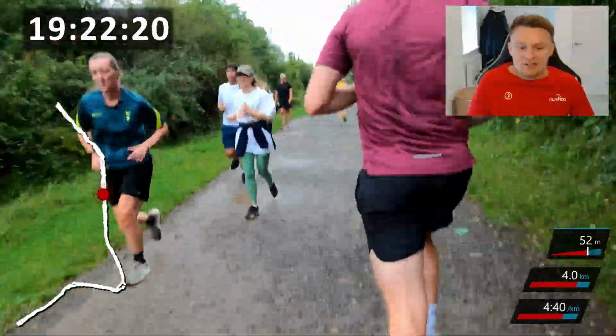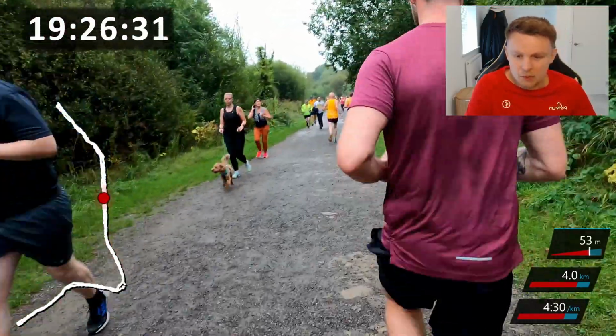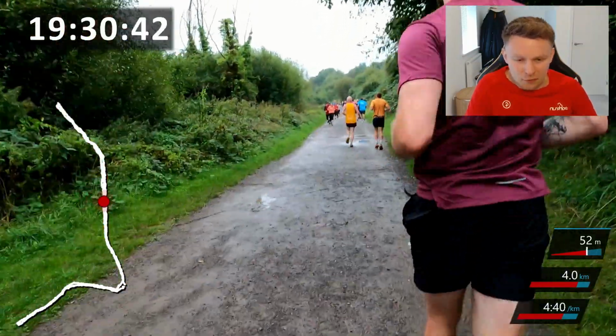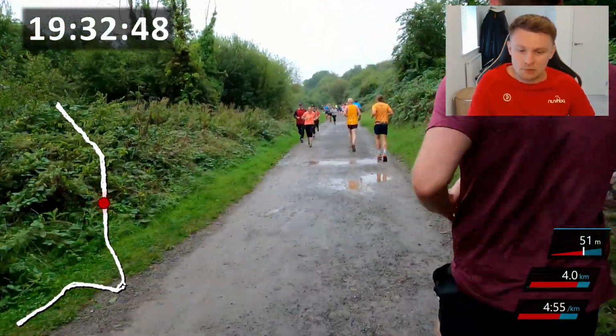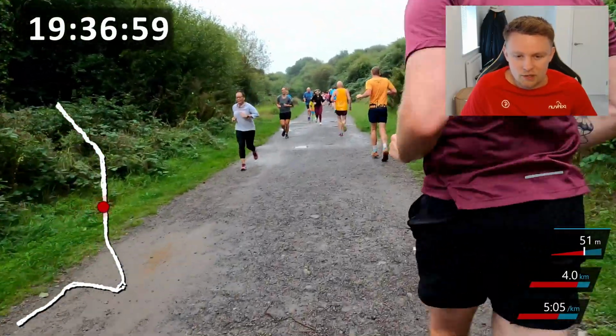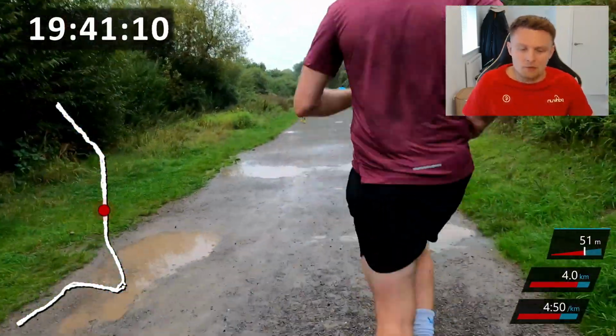And so that is 4 Strava kilometers done. That one was 19 minutes and 20 seconds as well, and that one we ran at a time of about 4:55 per kilometer. So I was pretty happy with that. Again, really good with the pacing, only 3 seconds off my pace before for the previous kilometer, so I'm happy with that, and I'm really